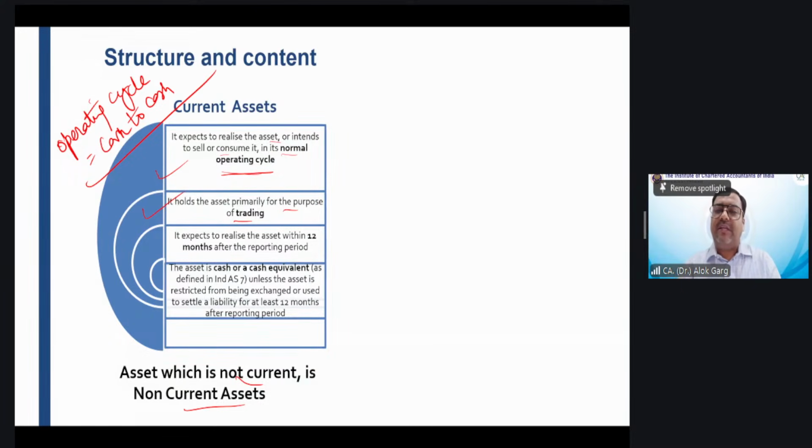Now, let's talk about DLF Limited. Operating cycle means a cycle in the processing of the company, a period in which the money the company has spent is collected back. After the entire processing, right from the procurement to the collection from the customer, a cycle of procurement to collection is known as an operating cycle.